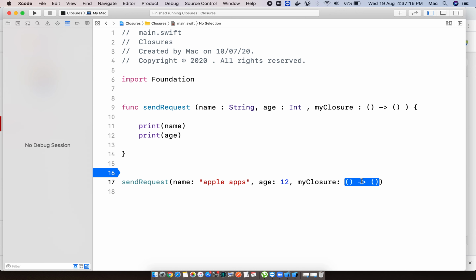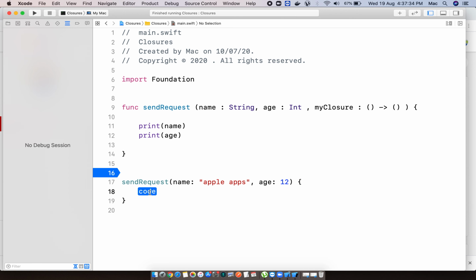First you need to watch that video, then after you can watch this video, then only you can understand clearly. Okay, here I'm passing the closure data. How to pass? Don't do anything here, just keep the cursor and enter. This is the empty closure.